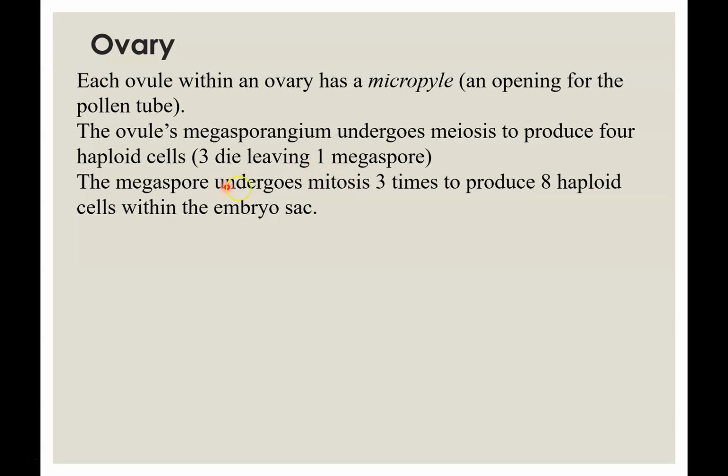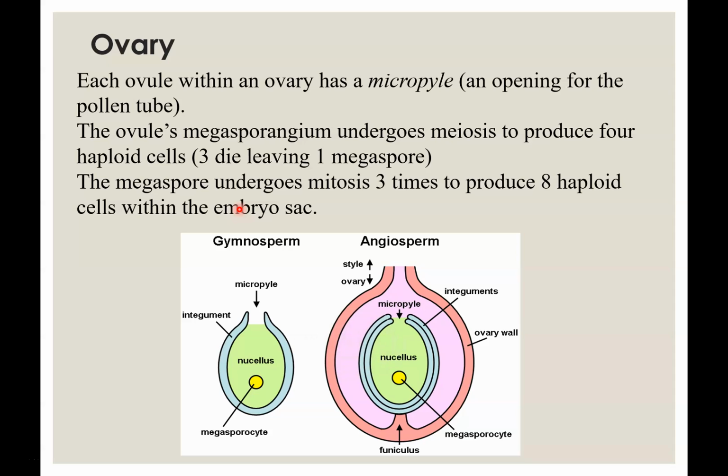And the megaspore undergoes mitosis 3 times to produce 8 haploid cells within the embryo sac. So this is a diagram of the ovary for both gymnosperms that produce naked seeds and angiosperms that produce protected seeds. We're going to focus on this one in here. So we see this is only a part. The style is up here, the ovary. Within the ovary, we have this opening here